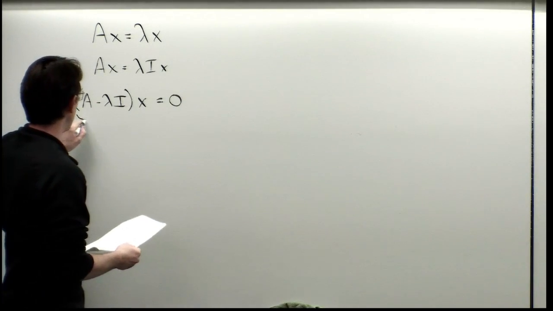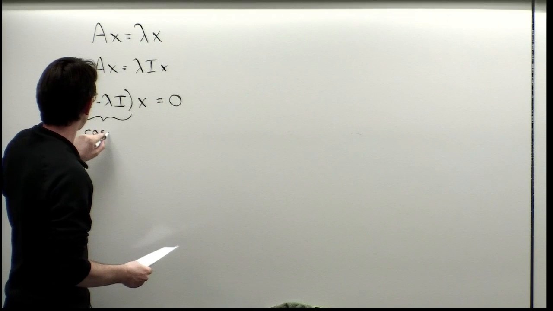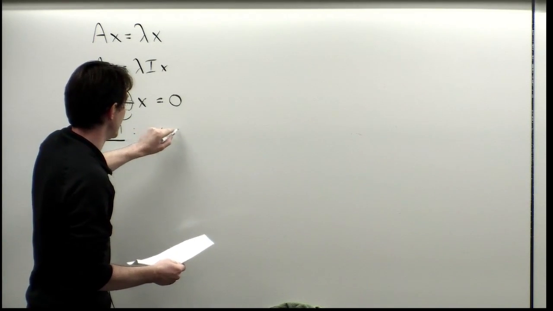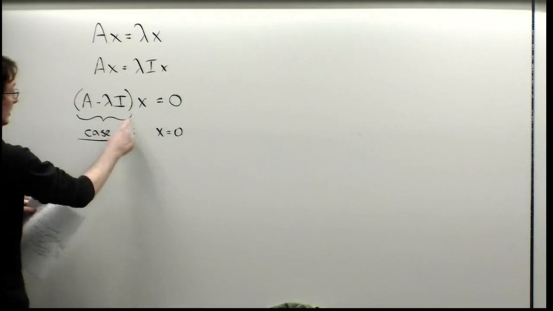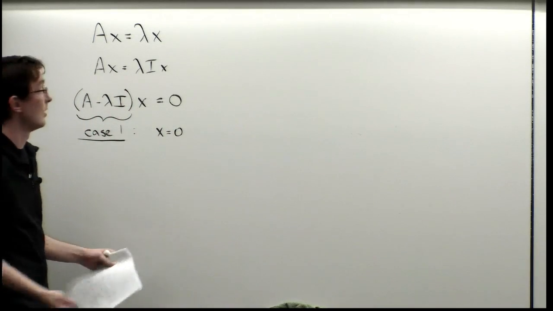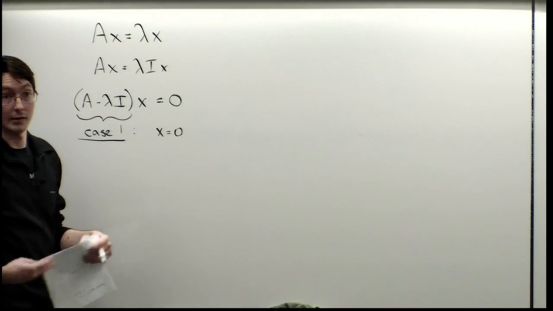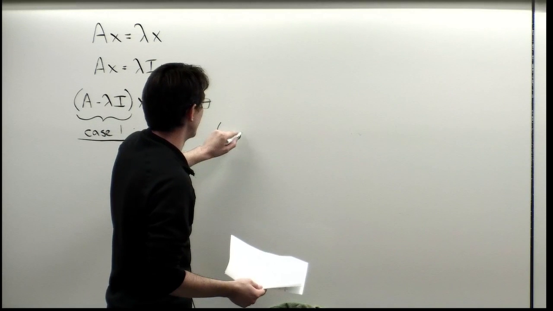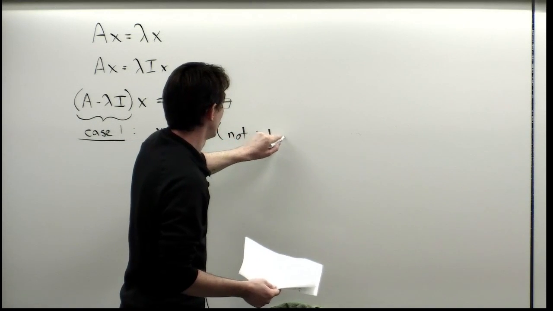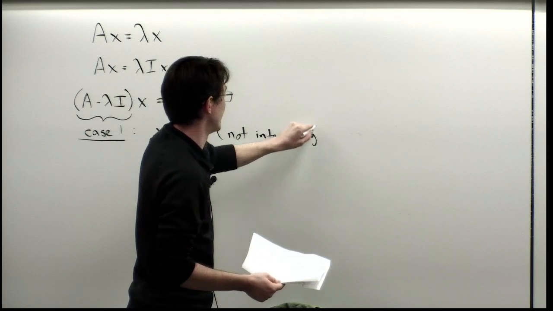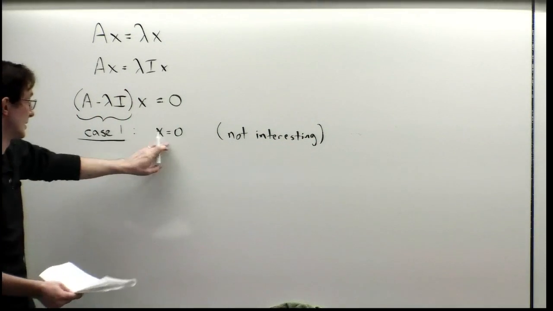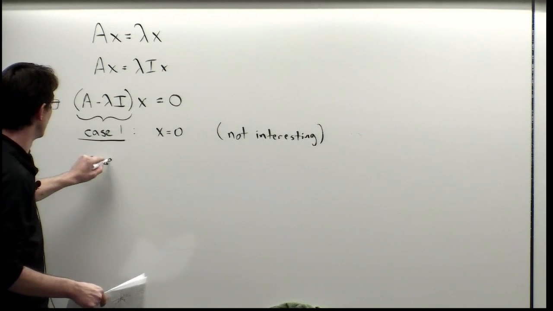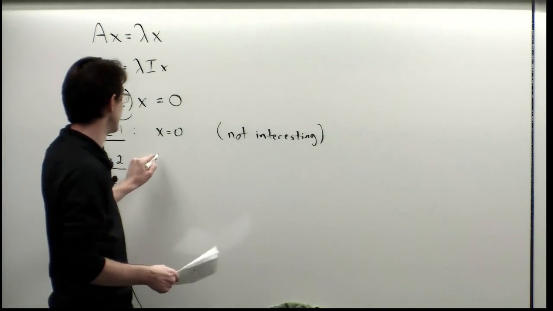Case 1 would be that my vector x is equal to 0. That certainly solves this equation. If x is 0, then whatever I multiply it by still gives me 0. But this is, in some sense, not interesting. This is kind of a boring solution. This is certainly a solution, but it's not the one we're looking for. Now, case 2 is that x is not equal to 0,